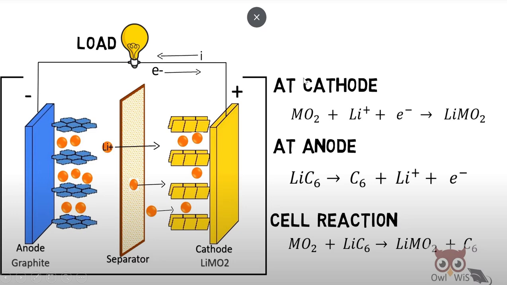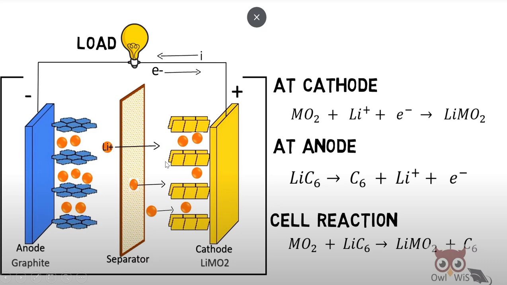At discharging, we connect the load between the electrodes. In this state, the lithium is present in the form of lithiated carbon at the anode. When the current I flows from the load to the anodes, the lithiated carbon reduces to lithium plus ions. Then this lithium plus ions travels to the electrolyte and react with the metal oxide at cathode and form the